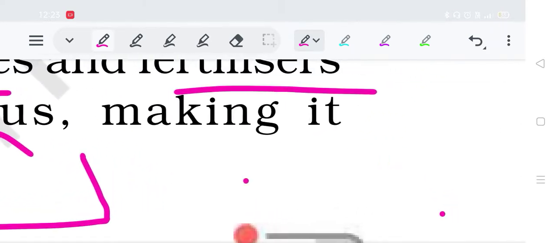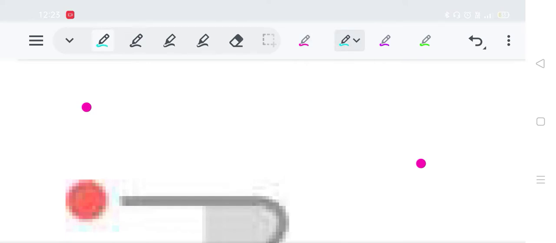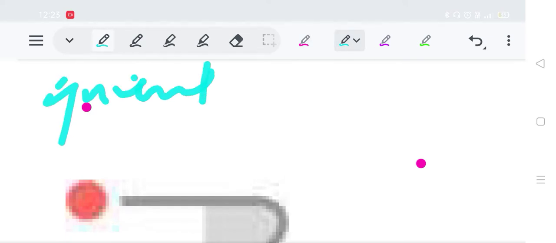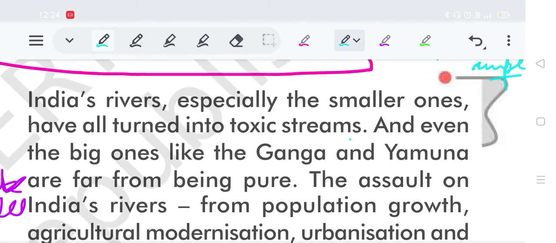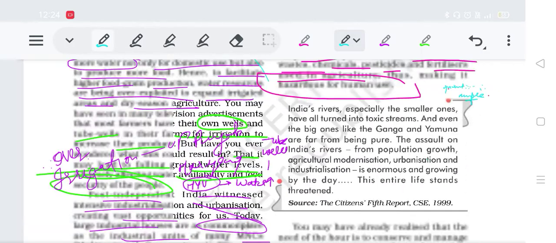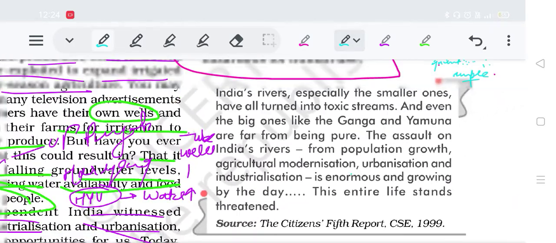for human use. So now what they are saying is, we have seen quantitative use, that if there is less quantity, then we need to do this and that. But now they are telling us that it doesn't mean that quantity is everything, right? Quality is also something, because there are some places in our world where we have an ample amount of water but still we can't use it. Why can't we use it? Because it is hazardous for us. So now here comes